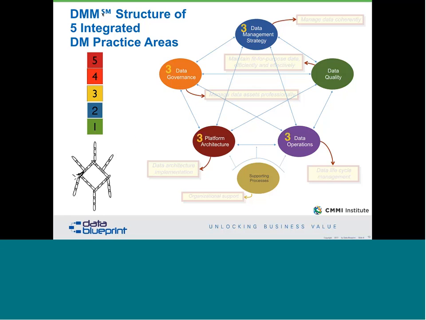data operations, and our data platform and architecture come in at 3. Recall, again, 1 point for a pulse, 2 points for repeatable, 3 points for documented, 4 points for measurable, 5 points for optimized in order to go through with this. And what you notice here is that the weak link in the chain in this case is data quality. Now what that means is that we have to take the data quality and make it up to a 3